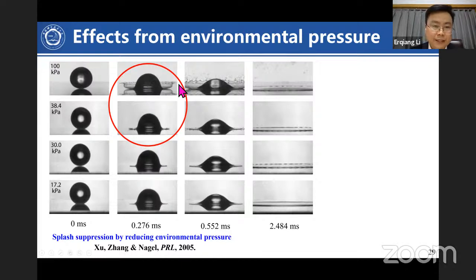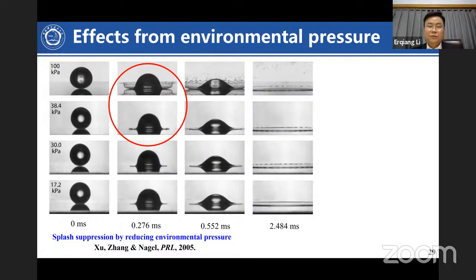So it's a very elegant work, but we always ask, when this film splashes, why is it not symmetric along each circle? Of course, it cannot always remain symmetric, because this film, sooner or later, has to break, because it will become thinner and thinner when it expands. So it will always break, but what is the reason that causes it to become destabilized?